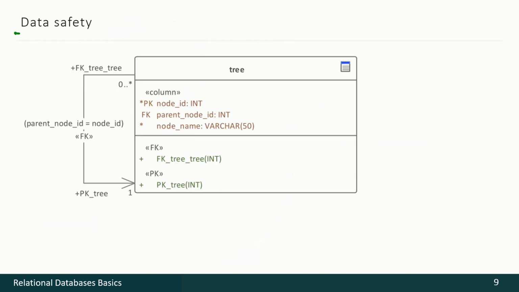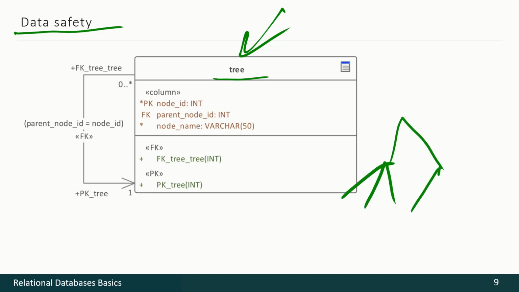Speaking about data safety, we should emphasize that we do not speak about access permissions and something like that here. We only speak about the data safety against our incorrect operations. Imagine such an example. Here we have a table to store a tree structure. If you are not familiar with trees in information technologies, let's make a quick review. So a tree may look something like that. Yes, it's going upside down, unlike ordinary trees in real life.